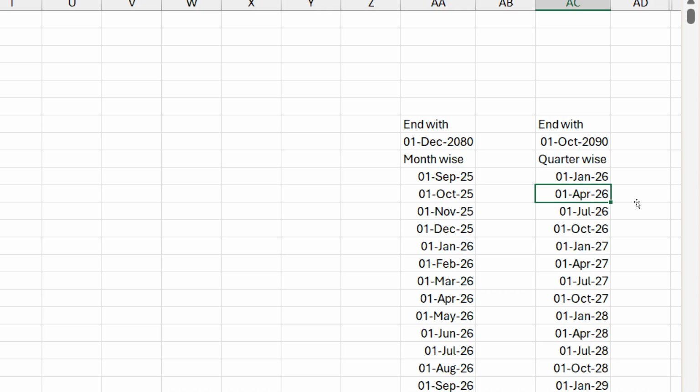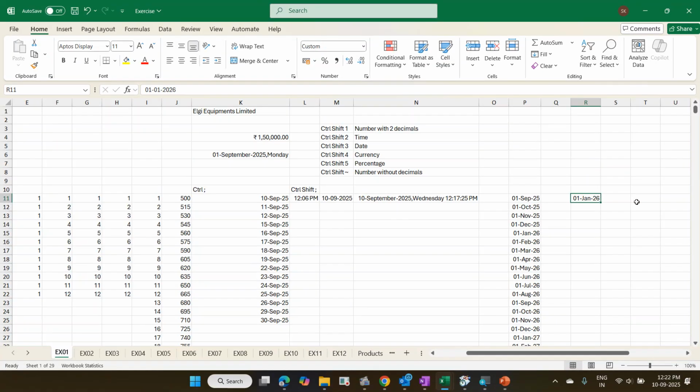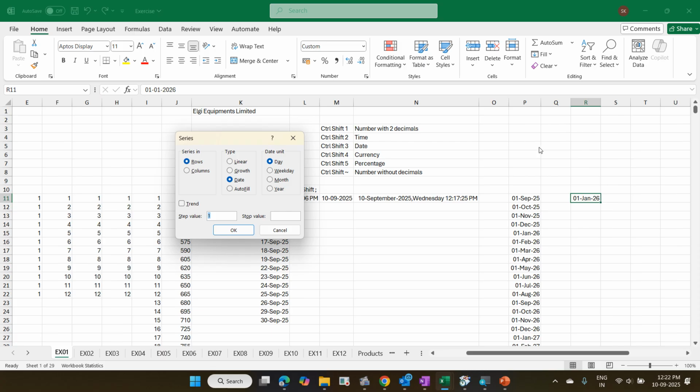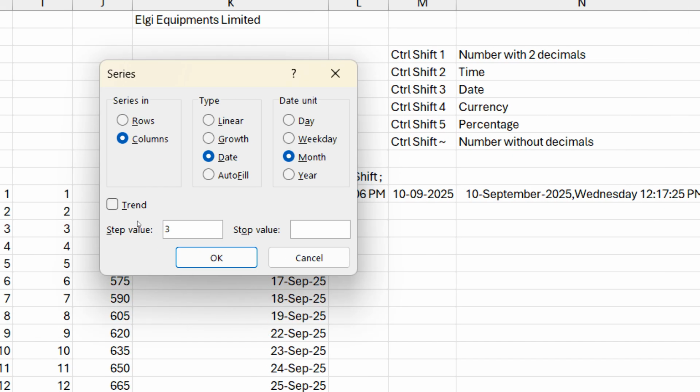So 1 Jan 26. Home, Fill, then Series, columns, date, month, then step value 3. Stop value 01 October. Okay. Yes. 1 Jan, 1 April, 1 July, 1 October, 1 Jan, 1 April, 1 July, ending with 1 October